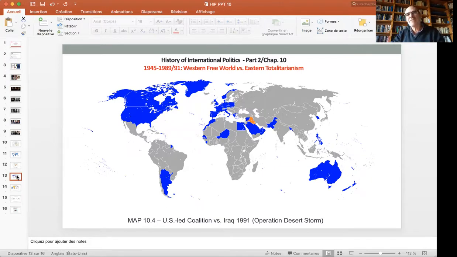But this Operation Desert Storm, though it somehow was the climax of this pluralist conception, was also its only concrete manifestation. Why? Because throughout the Cold War, the UN was paralyzed most of the time. It was paralyzed because of the bipolar rivalry, opposing the US to the USSR, opposing the liberal Western democratic states, the free world, to come back to my title, and the Eastern communist bloc, which amounts to saying, to some extent, that the international society of the Cold War, since it was divided, was a bipolar society. The expression is due to Adam Watson in his Evolution of International Society.